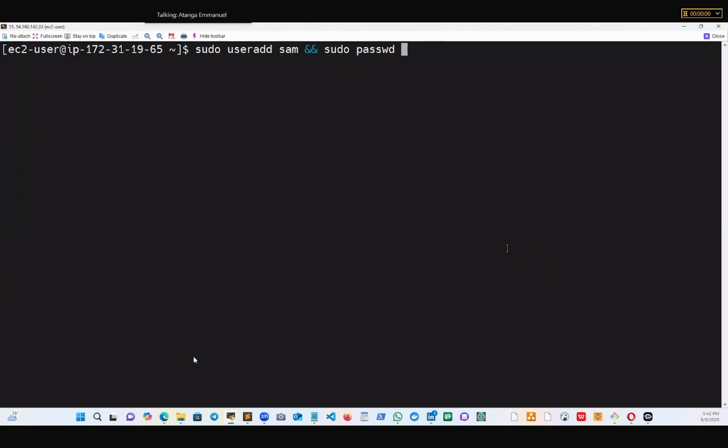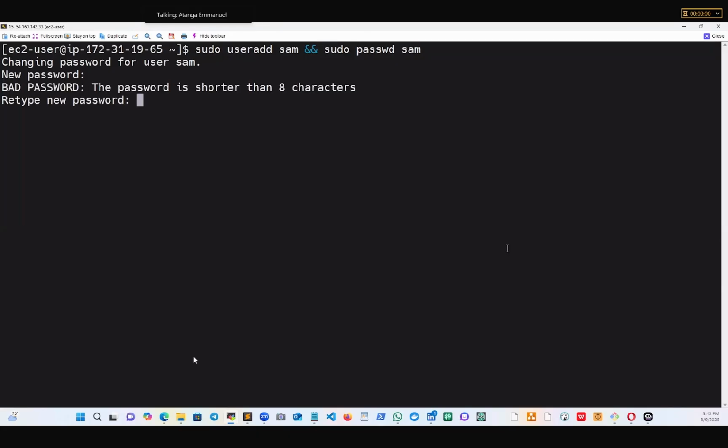The password that I assigned was Sam123. So Sam, if you run this command on your terminal,